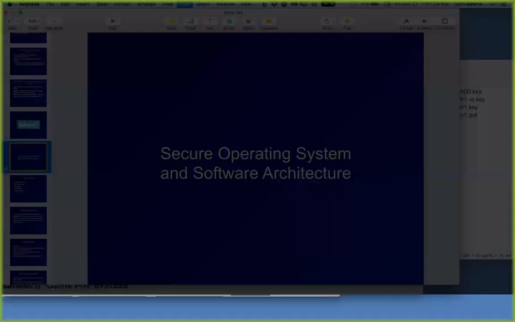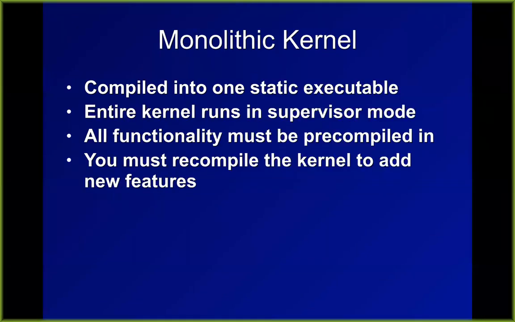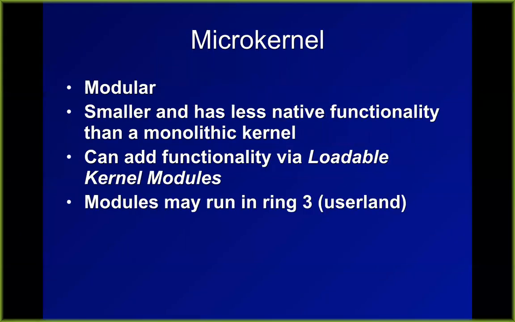All right. So the kernel is the heart of the operating system running in ring 0. There are 2 types of kernel, monolithic and microkernel. General purpose operating systems like Windows use the monolithic type. No, I'm sorry, I mixed up the other kind. So the monolithic is where the entire kernel is one static executable and you have to recompile it to add any more features. This is appropriate for hardware devices like routers. The microkernel is the other kind